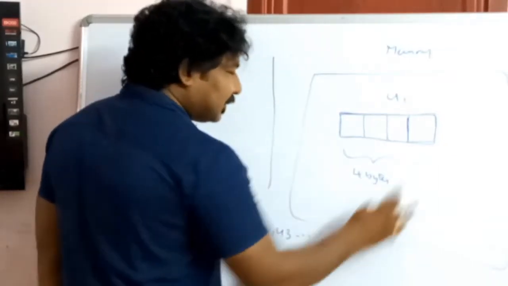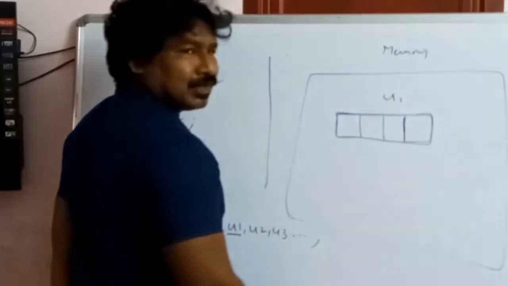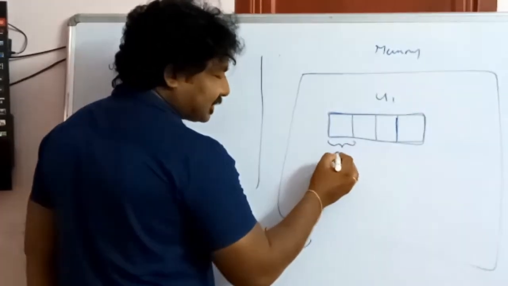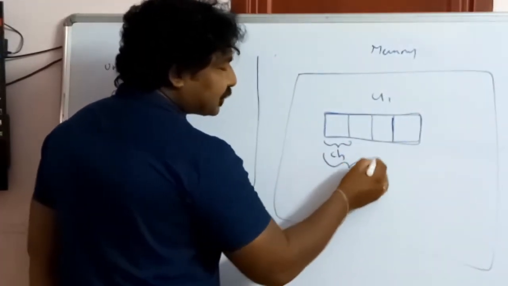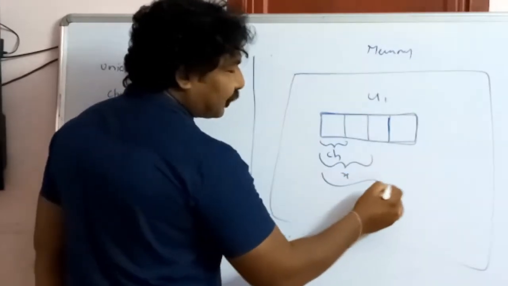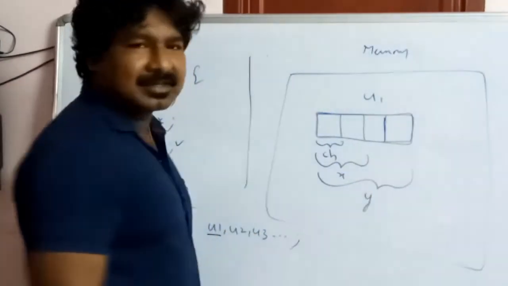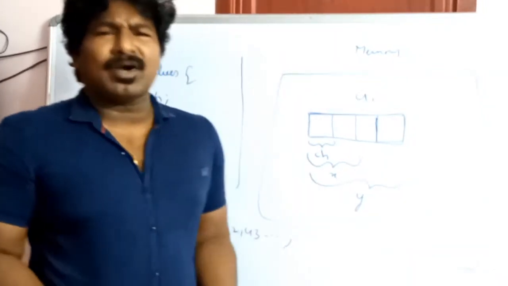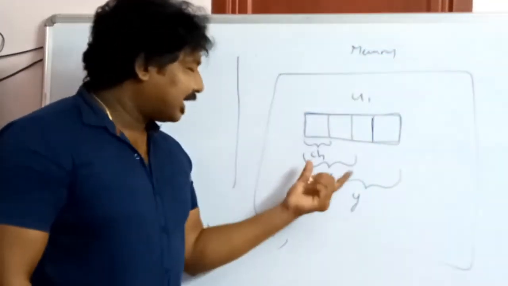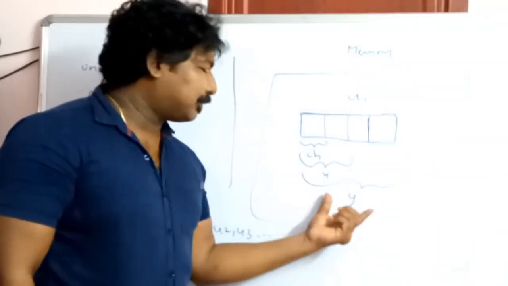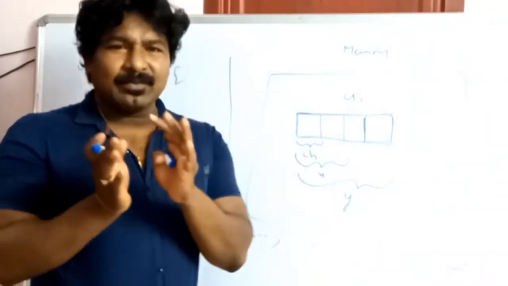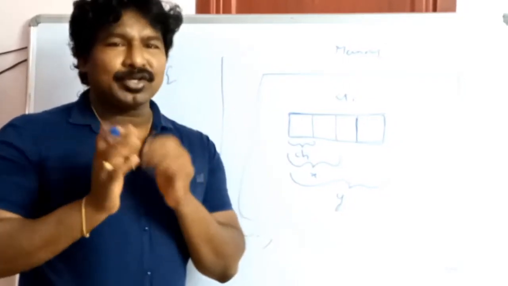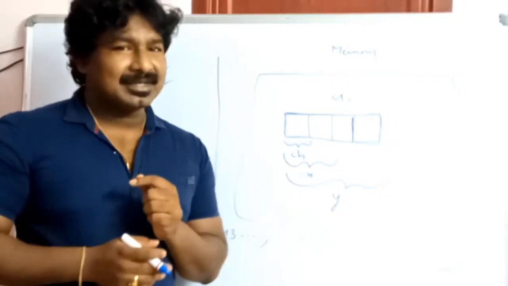Then how will this space be utilized? 1 byte will be used for ch, and 2 bytes will be used for x. The entire 4 bytes will be used for y. That means the same place can be reused by all the members. Then what happens if I put a value in ch, a value in x, and another value in y? Do all three variables exist in the memory? No, because at any particular time only one value is available in the memory.